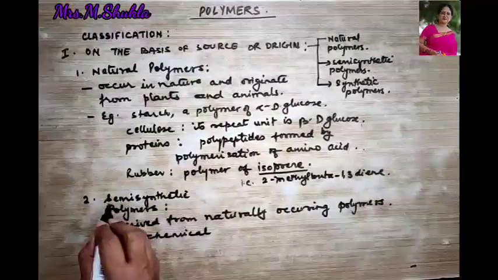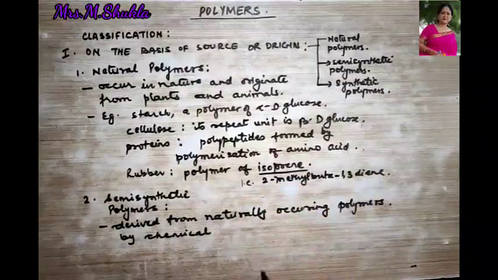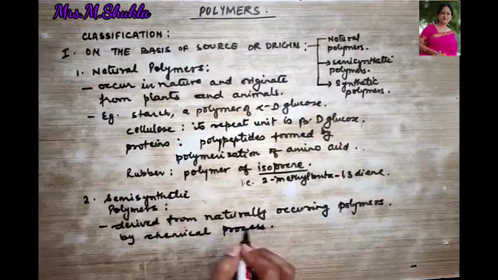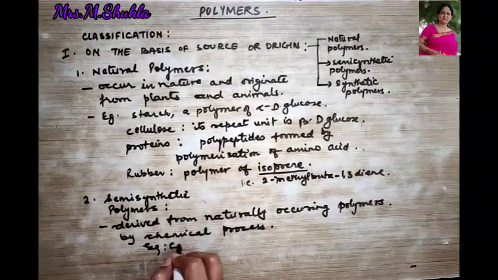As the word suggests, semi, these are derived from naturally occurring polymers by some chemical process. Here examples could be